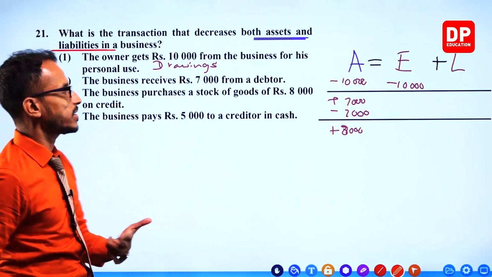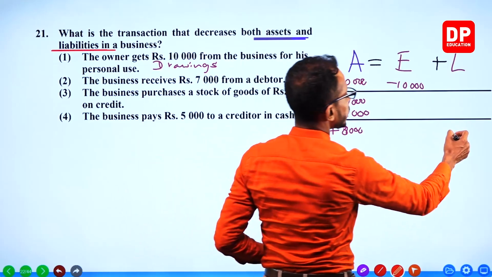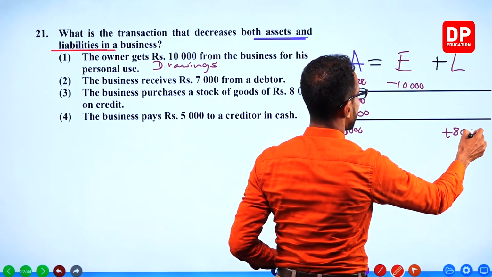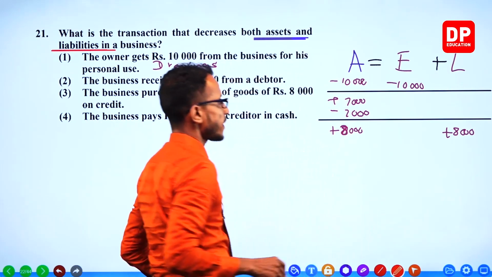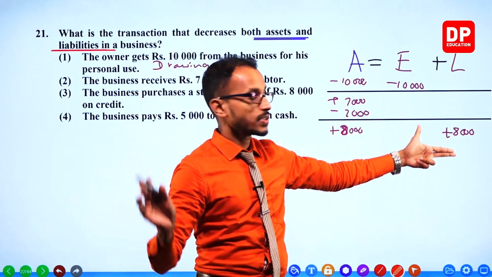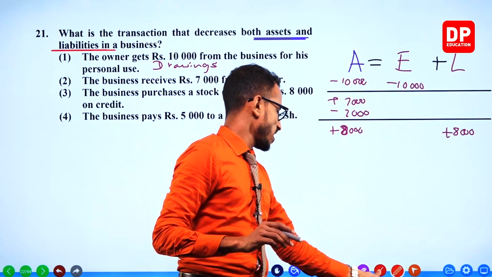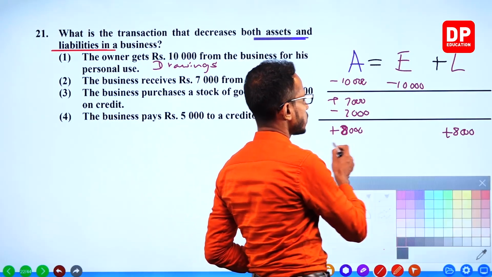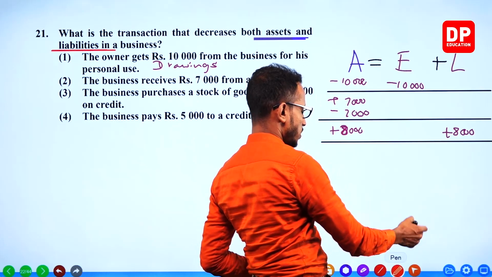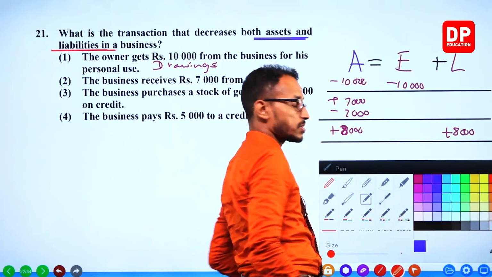8,000 on credit. On credit means liability also increases. It doesn't decrease liabilities, it increases. We have to find the transaction which decreases. So obviously, the next transaction must be the answer,